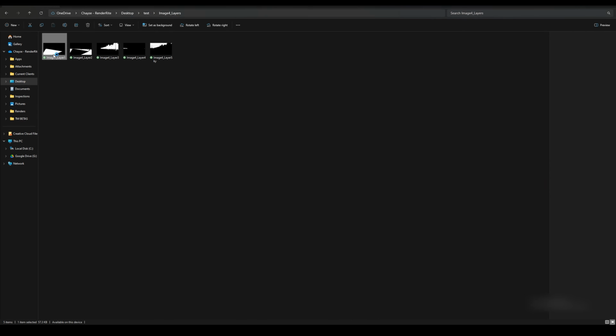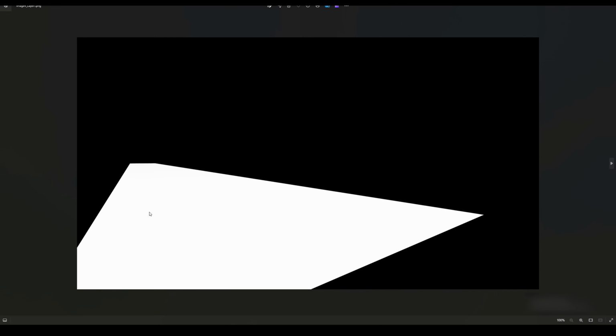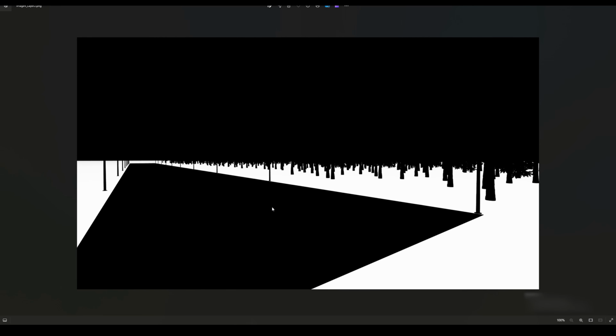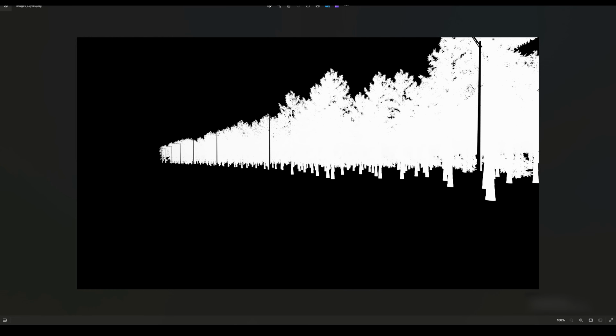So in image for layers I have the road, which was layer 1, the ground, which was layer 2, the trees, which was layer 3, the hill, layer 4, and then the sky, which was its own export option. So it's as simple as that to export render layers in Twinmotion now.